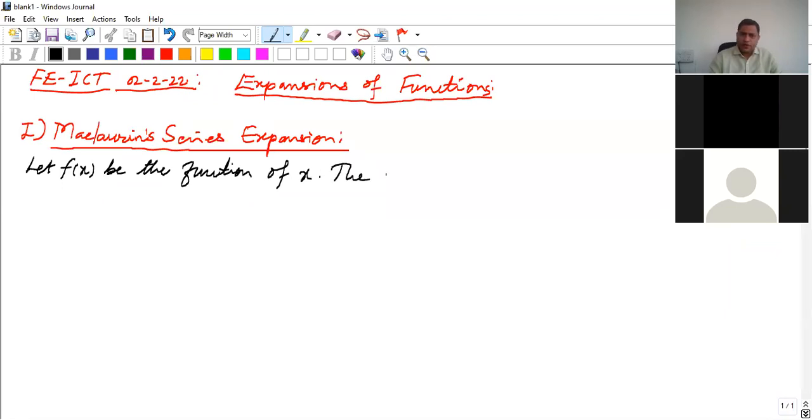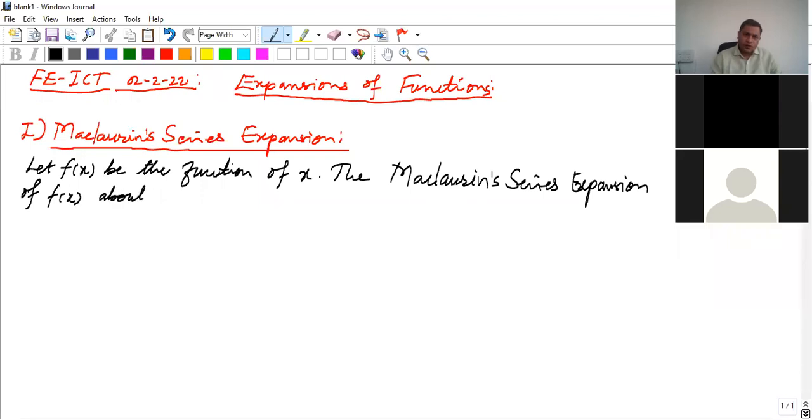Then the Maclaurin series expansion of f of x about the origin is given as